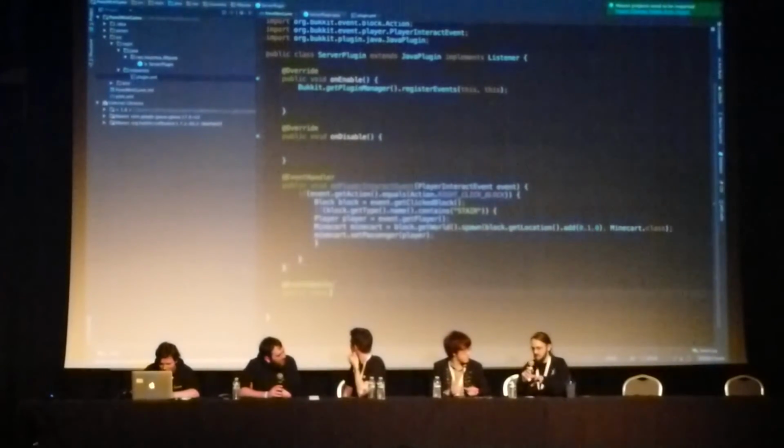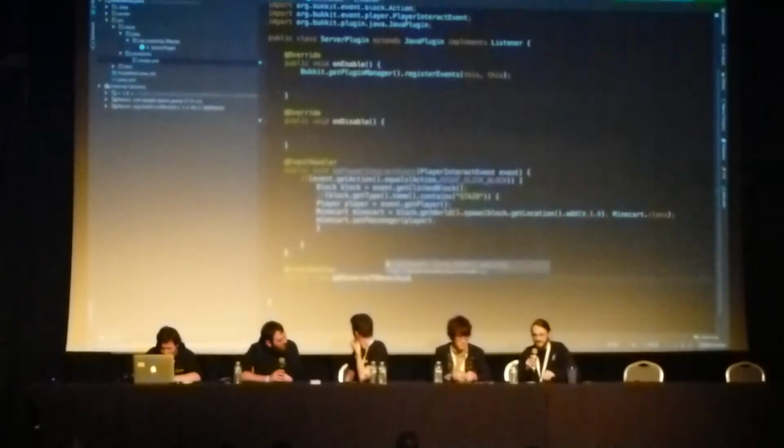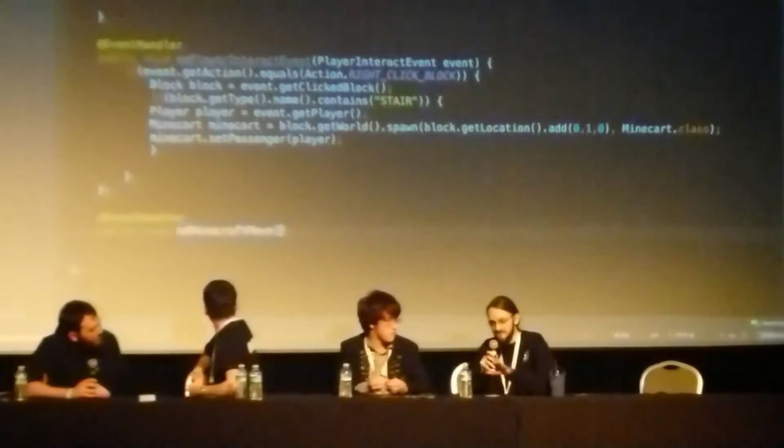You're right, one jar file, basically one mod file, and the server has that and the client has it both at the same time. So you have to know which side you're on, talk to the other side, and be able to send the right things the right way. So it's difficult, but as Bode said, there are reference sites which list all the contents of the different packets, and in as detailed as possible what they all do.